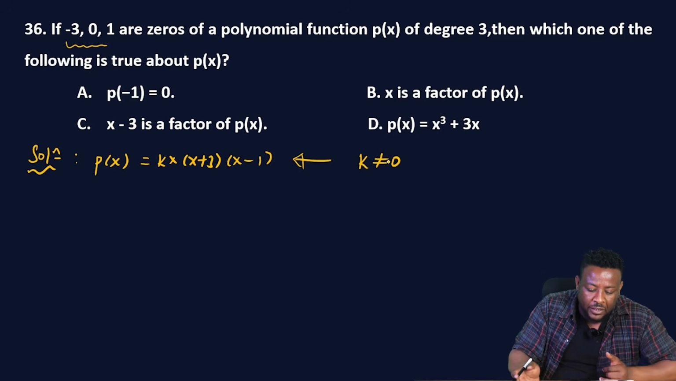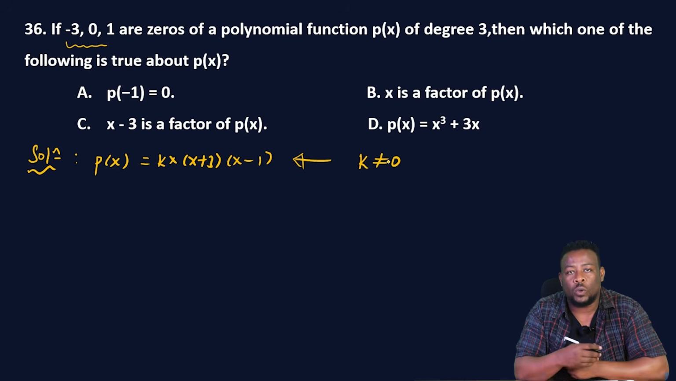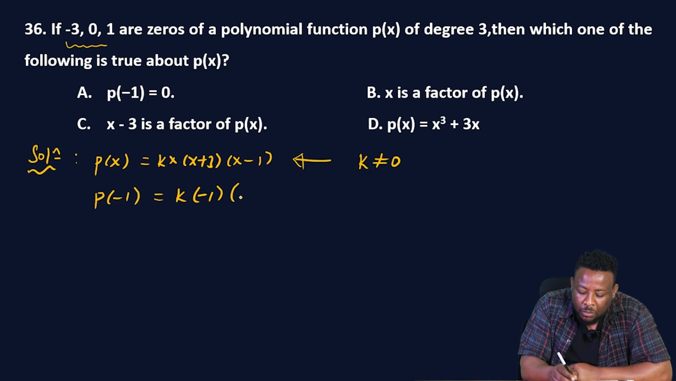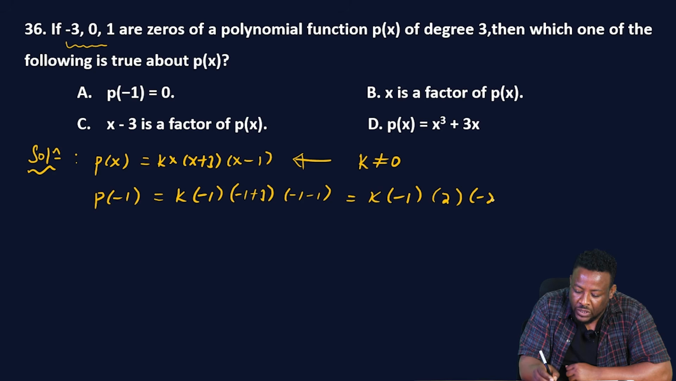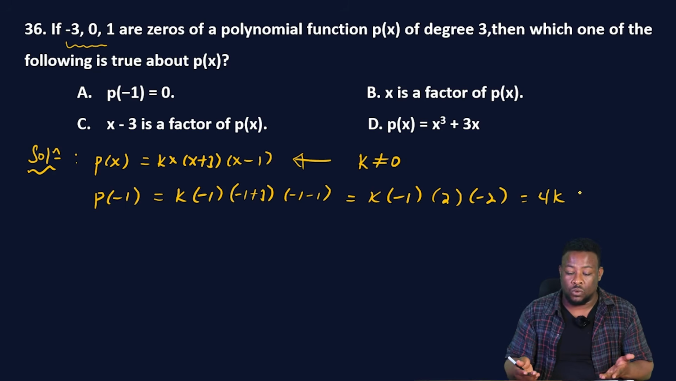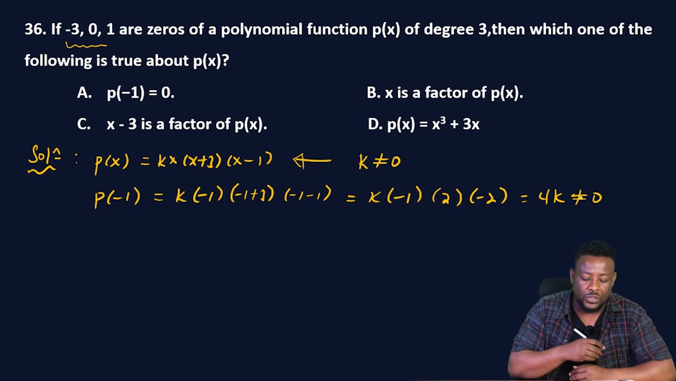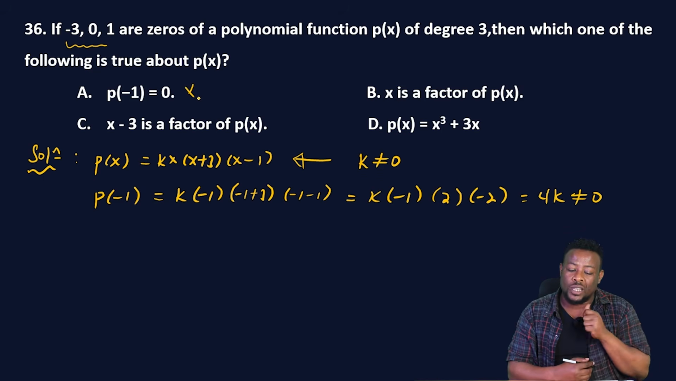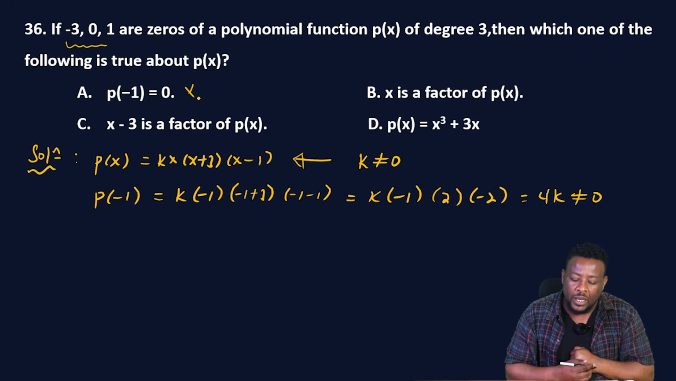So ወደ a ስንሄድ a ጋር p of -1 0 ነው ይለናል። Okay, p of -1 will be k times -1 times -1 plus 3 times -1. Okay, so ይሄ እንዴት ሊገለጽ ይችላል? k times -1 times 2 times -2 which is 4k. Since k is non-zero, p of -1 is non-zero. Okay, this is different from 0. So a ላይ ያለው statement wrong ነው ማለት ነው። Okay, -1 zeros of a polynomial መሆን አይችልም።